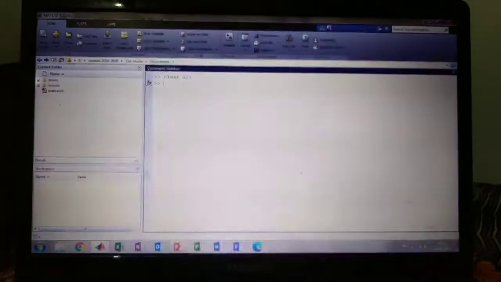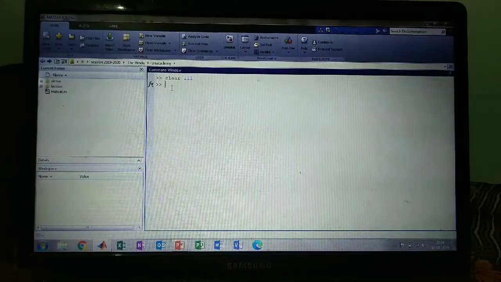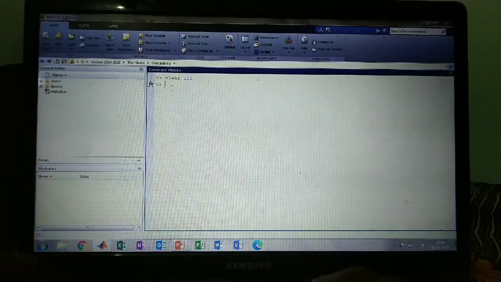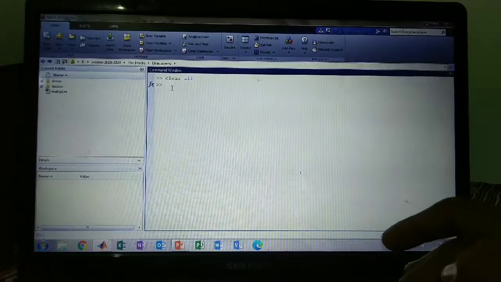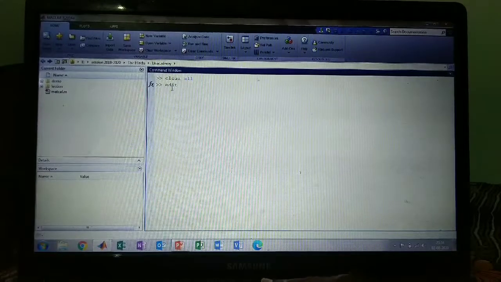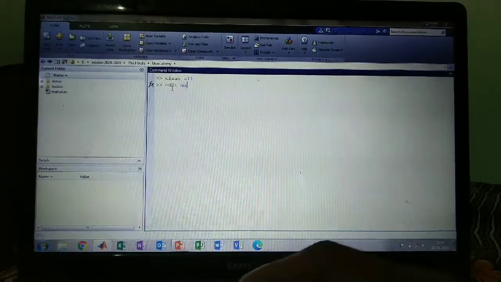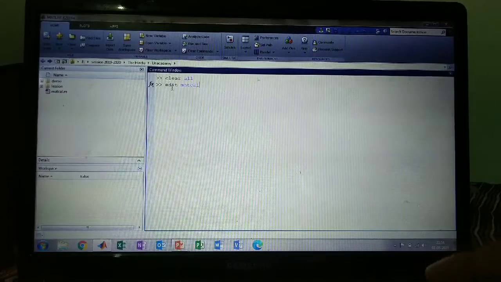We will go to MATLAB and first we will create a file. In the command window we will write edit and the file name. Suppose my file name is MATLAB calculation; in short, I am writing MATCAL.